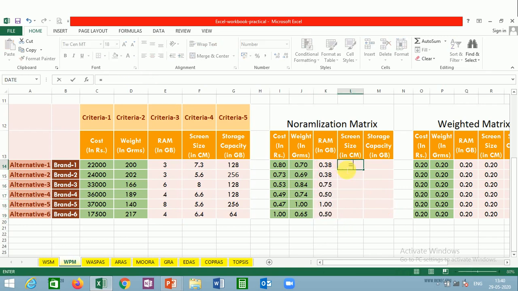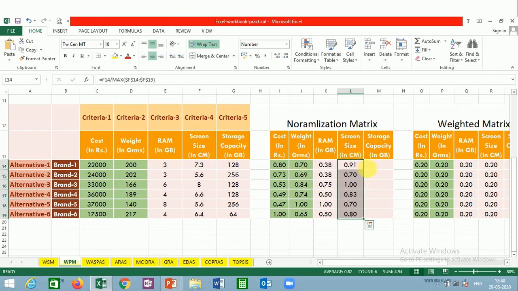Now again let us do it for the next one. This value is divided by the maximum of the entire range. So this is the entire range. Let us freeze it, then just press enter, and again you could click on this hotspot to get all the values. Instead of dragging, you just double click on the hotspot, and you will get the formula applied into the next cells.